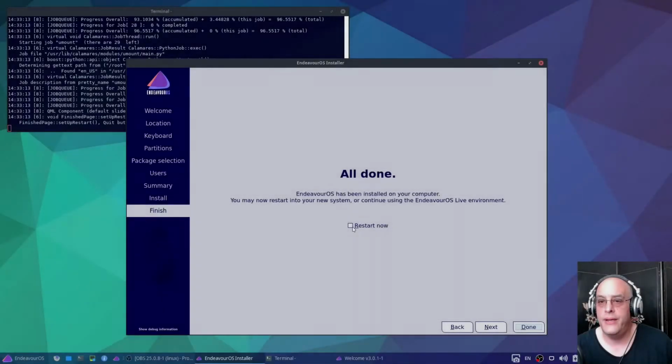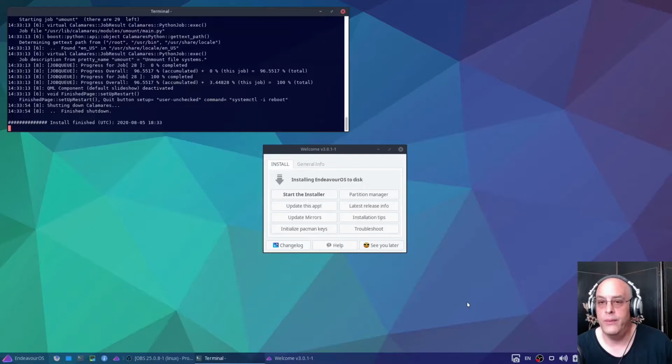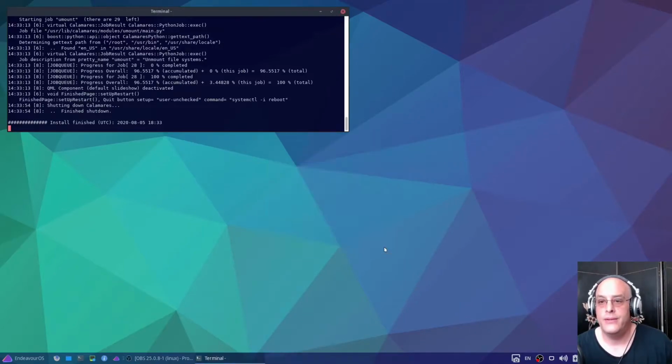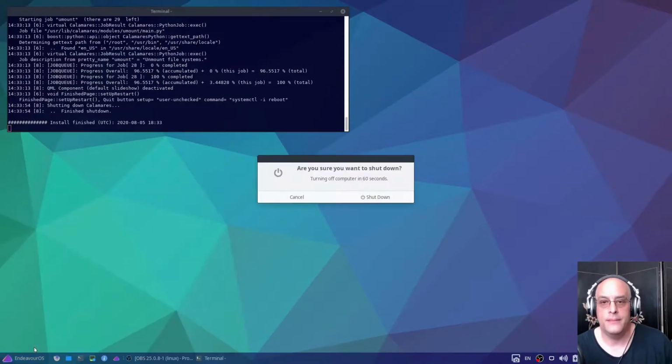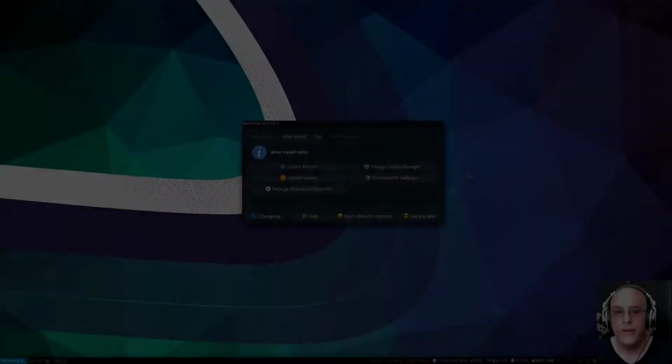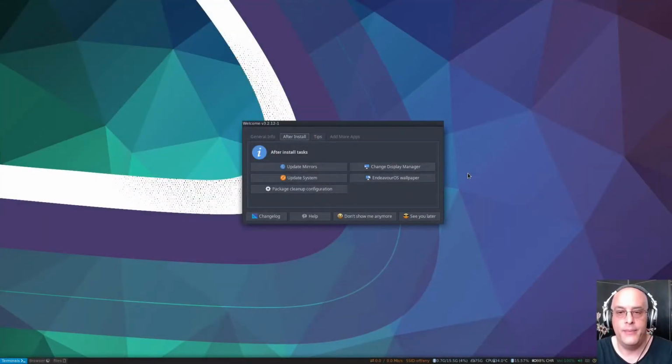So now you can hit this restart button, but I don't usually do that. I usually shut down and then remove the boot media. So let's do that, and then we'll come back and see what i3 looks like on EndeavourOS. So here we are on the desktop after first boot,